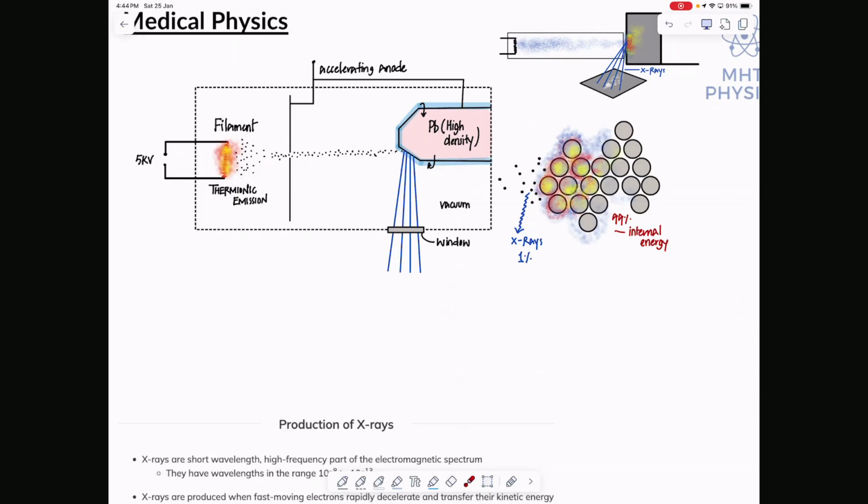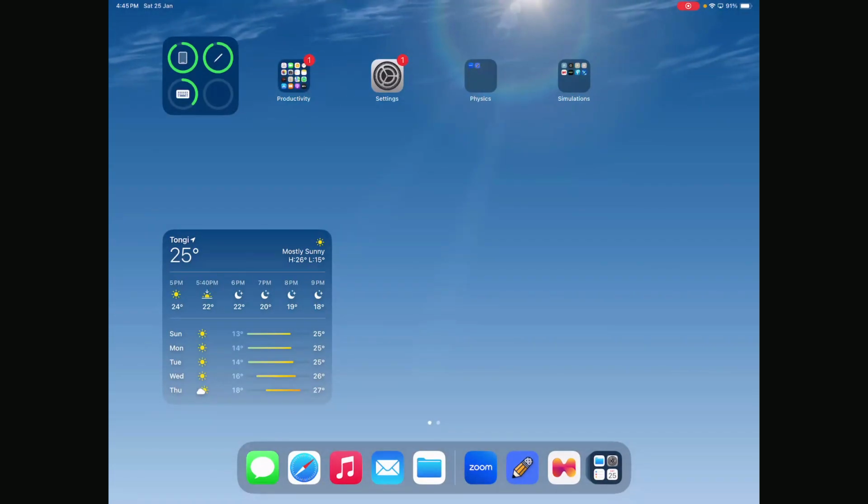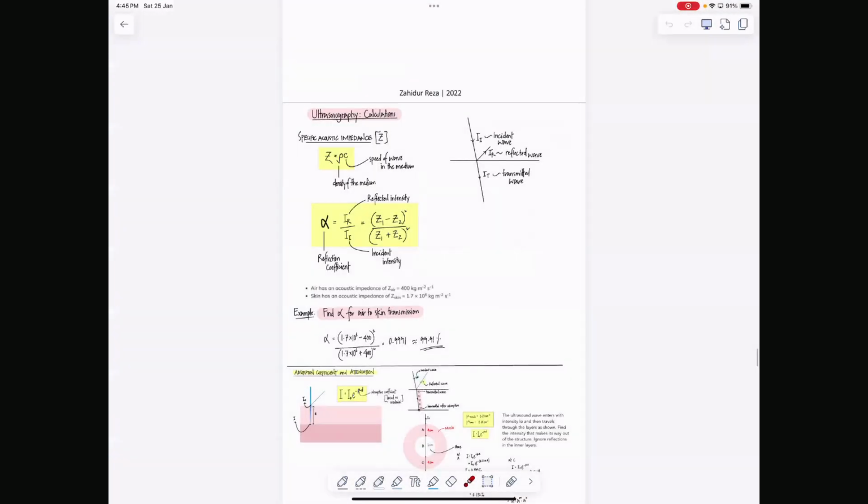So it'll probably have entered the metal by then, and the energy goes as internal energy. And that's what happens when you typically fire electrons at any material. It just warms up. Okay, let's see some demonstrations out there. তোমাদের কোনো question আছে the structure of your X-ray machine নিয়ে? থাকলে আমাকে বলতে পারো।